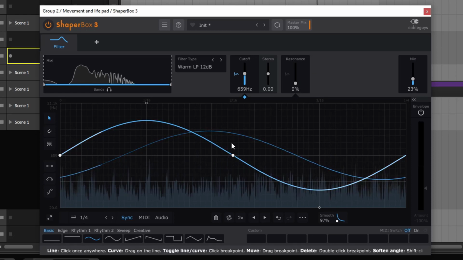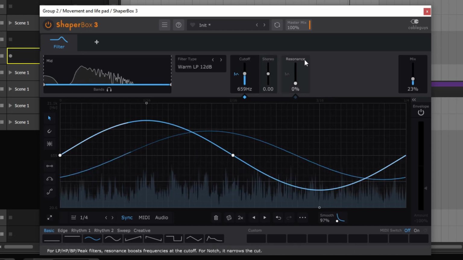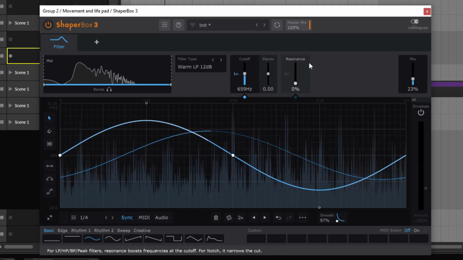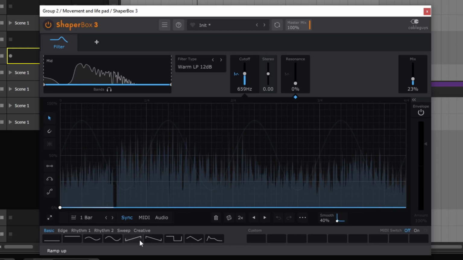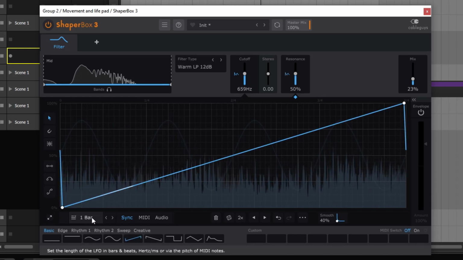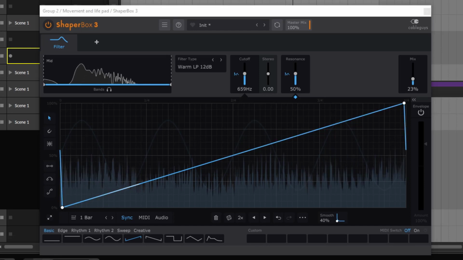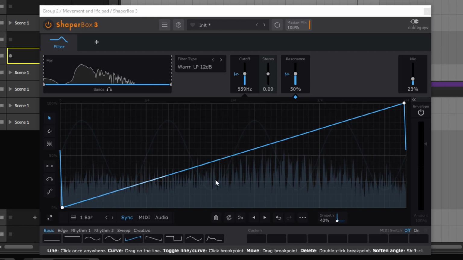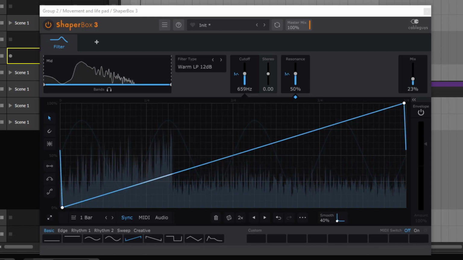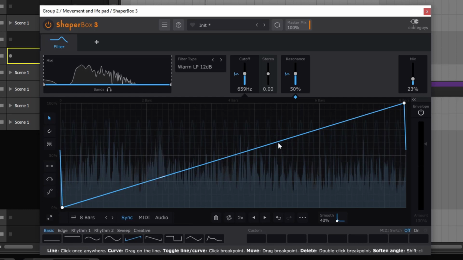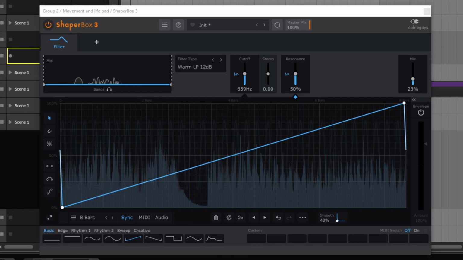Now, since you have control of your cutoff and your resonance, you don't need to use the same timing for your cutoff when you modulate the resonance. Maybe I'm going to do something like this, but using different values. As the sound progresses, it's going to change and then go back and loop. I know that the loop is 8 bars, so I'm just going to do 8 bars. As I start,